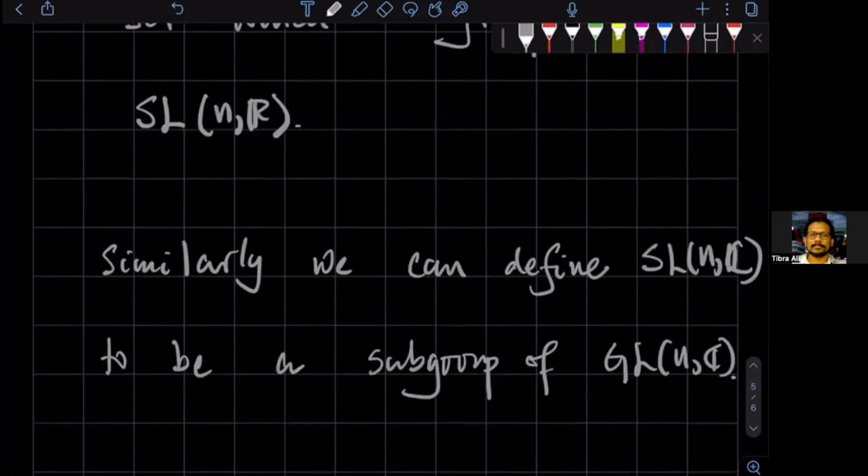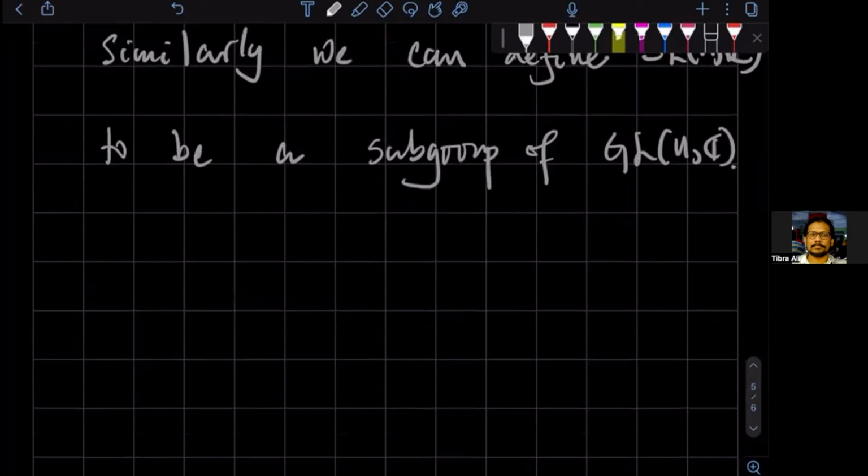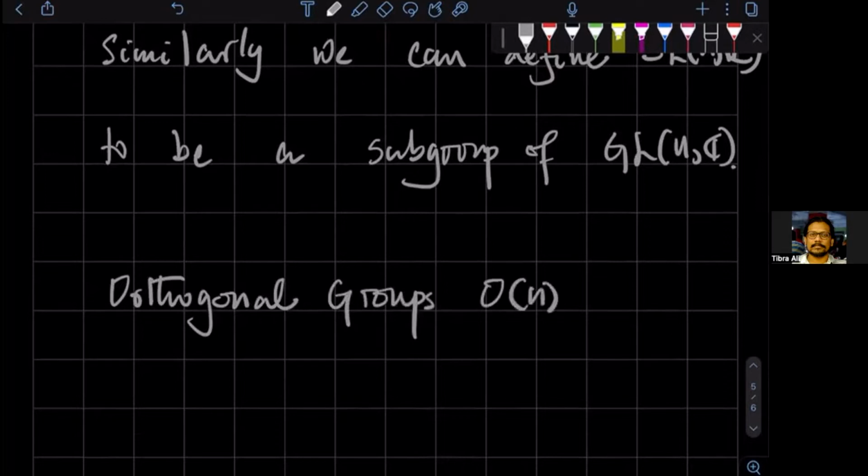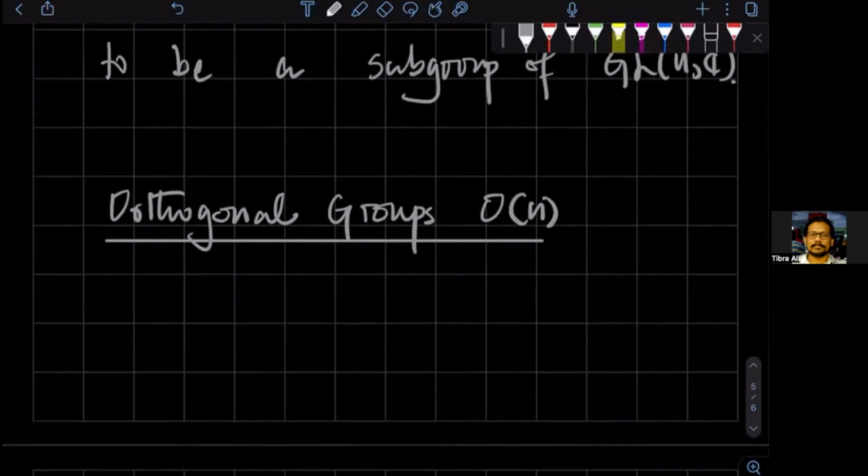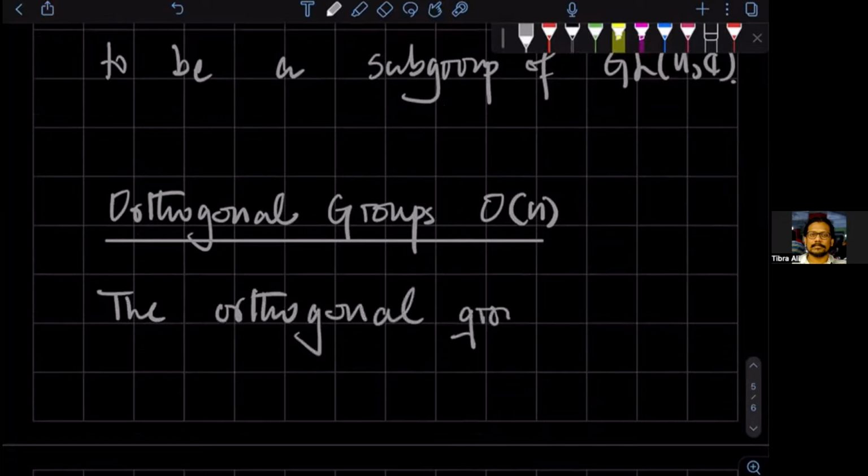All right, so next, let us go and define orthogonal groups. O(N). Okay. So the orthogonal group O(N) consists